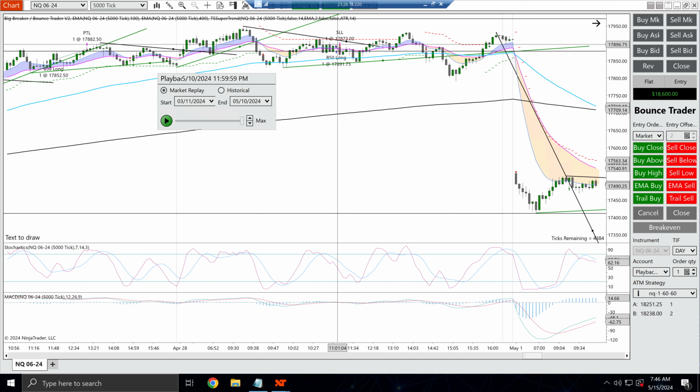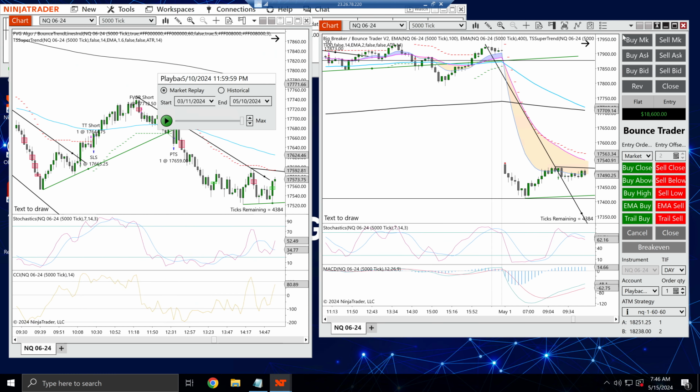But yeah, so this is part 2 as I promised. So we tested the robot from January until May, so that's like 5 months, and we show that it consistently generated over 55% in profits, and that's pretty significant for this type of algo, where you can set it up and have it